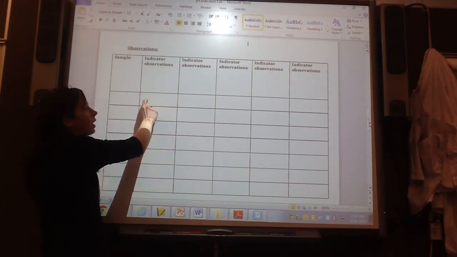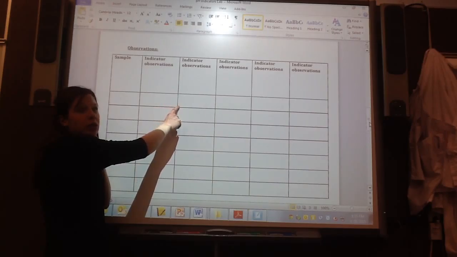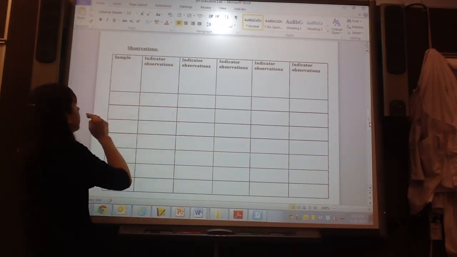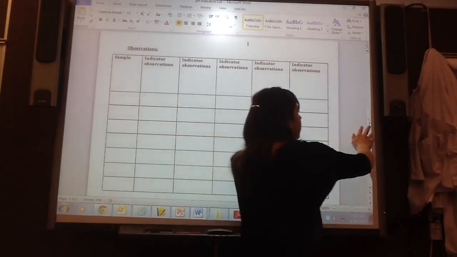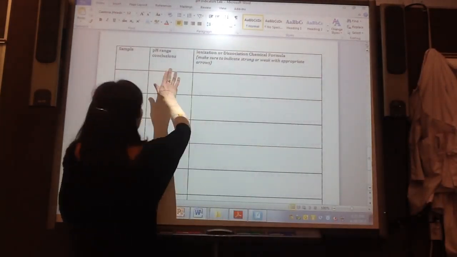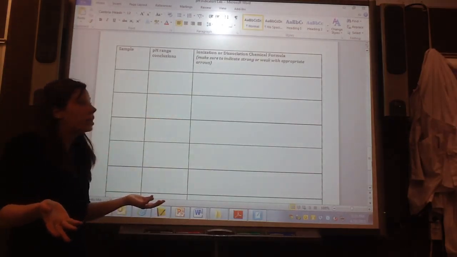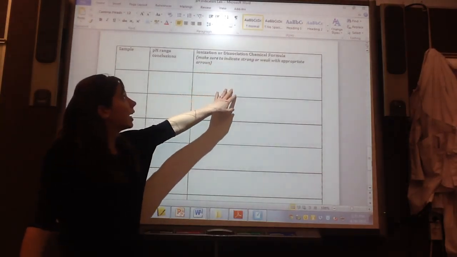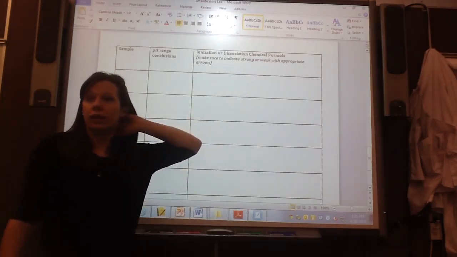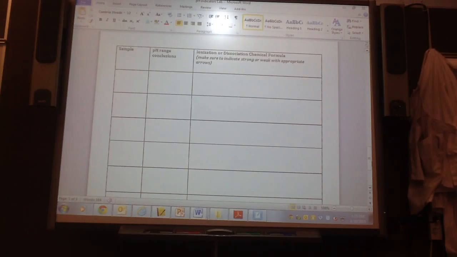Say it turned yellow, which means its pH is probably about this, or it has to be less than whatever. So that's all your observations. And then here you can put your sample again, what your main conclusions are about what its pH is like, and then give me your ionization or dissociation formula from that, okay? So what I think we're going to do today